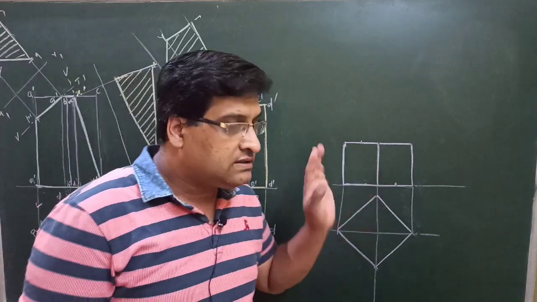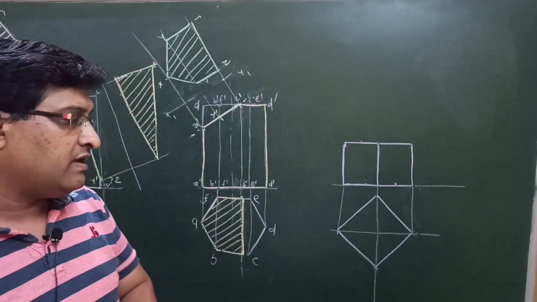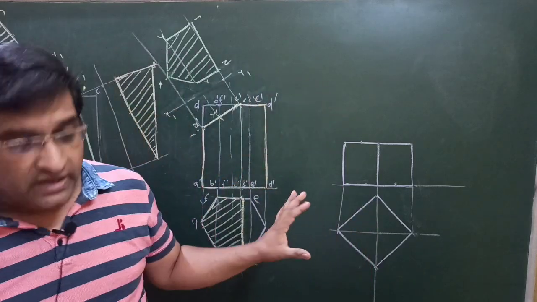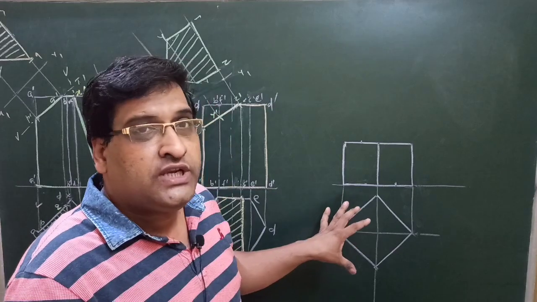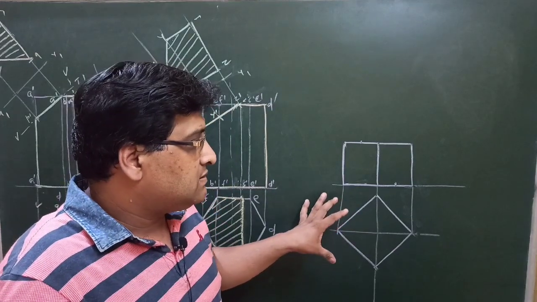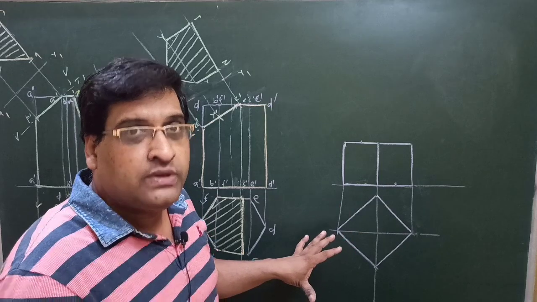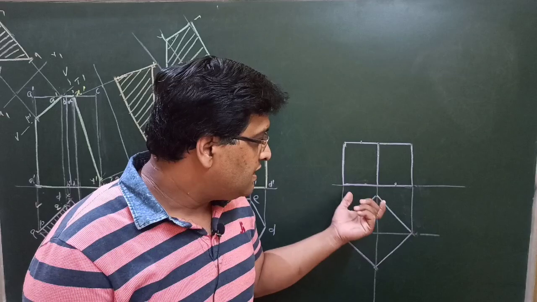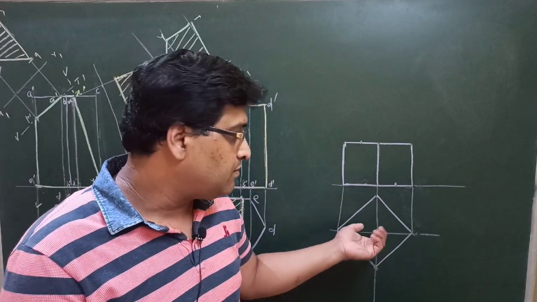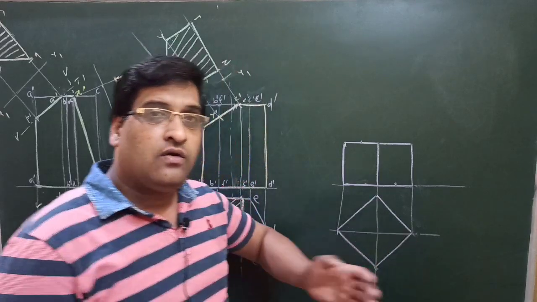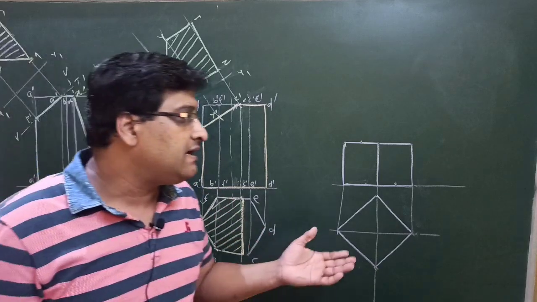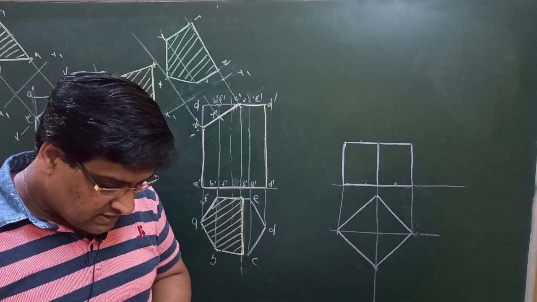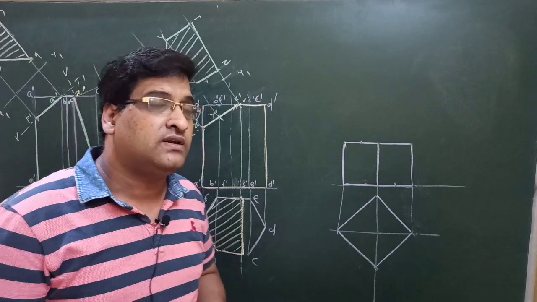Now let us come to the third problem. It is a question of a cube, and a very peculiar, very typical question it is. In this problem it is given that the true shape of the section of a cube is a regular hexagon. We have been provided with the length of the sides of the cube, say for example 30 mm or so, and the only data provided is that the true shape is a regular hexagon. So for this type of question you have to remember one trick.